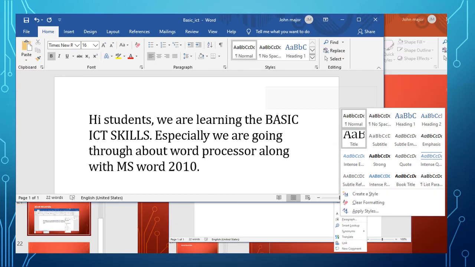Then second step, with the help of this I have made the changes. See, in the previous slide it was a small font size. Now I have enlarged it. I have also changed the font face. Previously it was the default Calibri font face. Now it is in Times New Roman. And also if you want to make any changes, the Styles group is available.